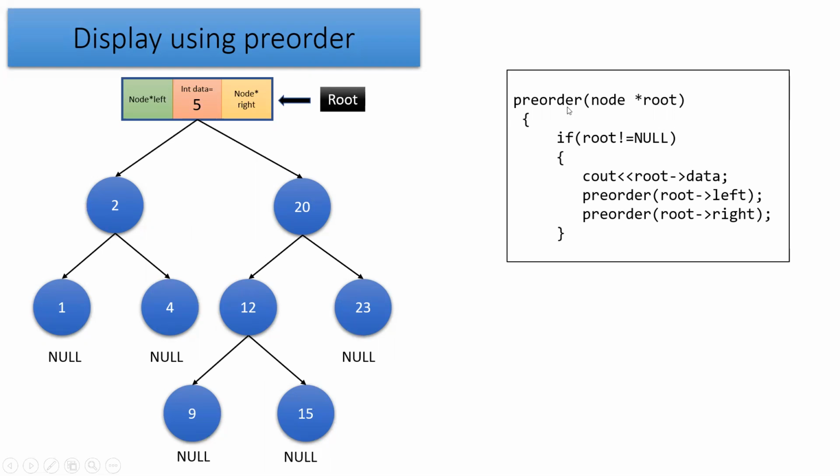Now see here, this is the recursive code we have written. Here we are passing the root node because always the traversing we have to start from the root data. If the root is not equal to null, that means if the tree is not empty, we are going to display the root data. And then here I'm passing the root left pointer to the same function, pre-order. This is actually the recursive call. The function names are the same, just we are passing here the left pointer.